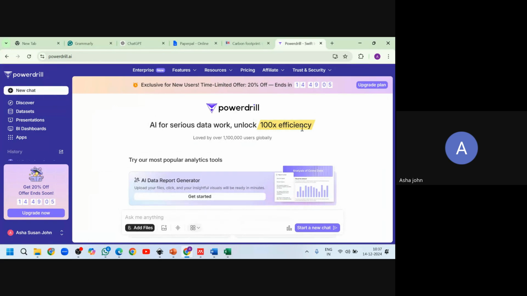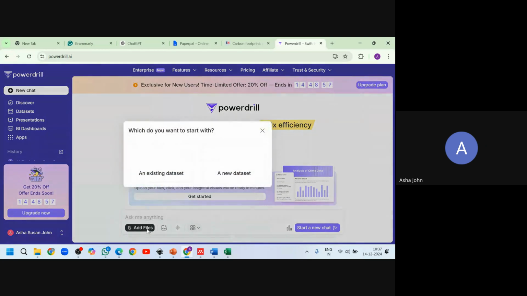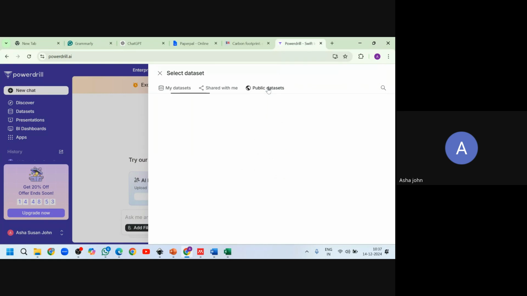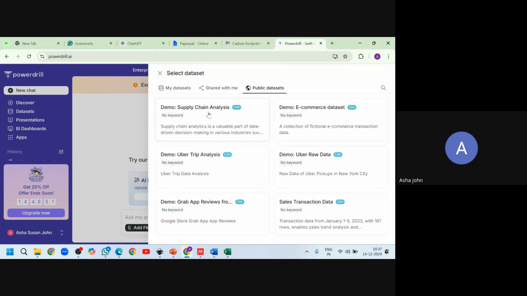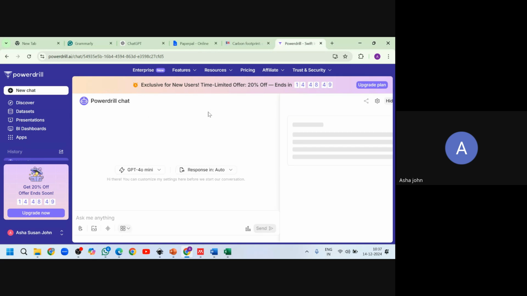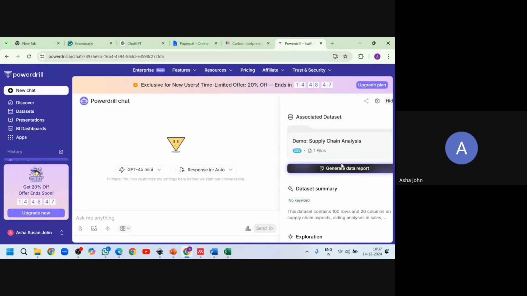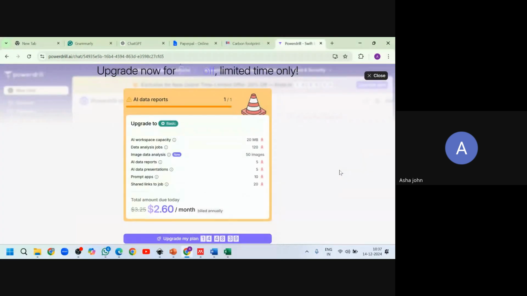Now I'm going to start a new chat where I add files, an existing public data set. I'm just going to choose the first data set displayed and analyze it. You can see the data set is already loaded. I can just generate the data report.